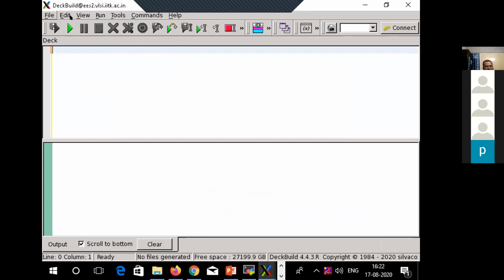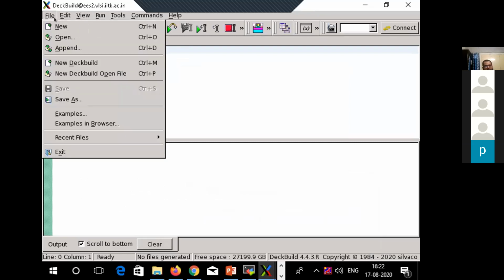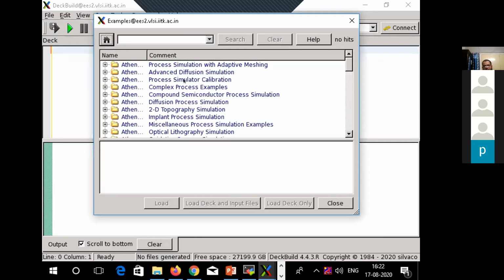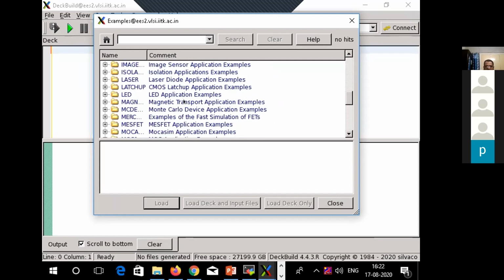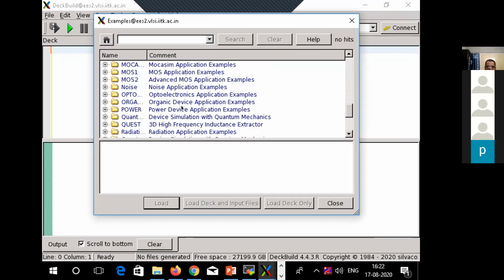So now we can see what features are being provided. Here you can have a new file and all those. But we also have a list of examples provided by the Silvaco company. You have different kinds of technologies that you can run, and these devices have been calibrated with the reported devices. You can have a look at these devices later so that there is a better understanding. They have provided all kinds of combinations of codes and tools that one may need during their simulation.